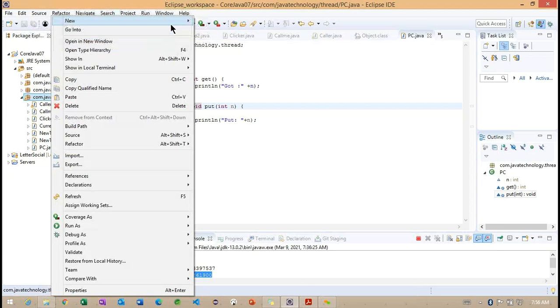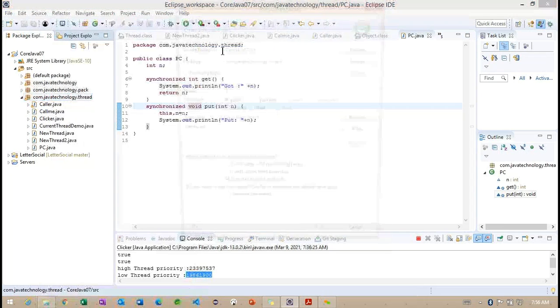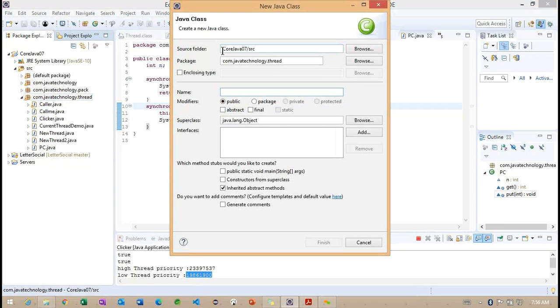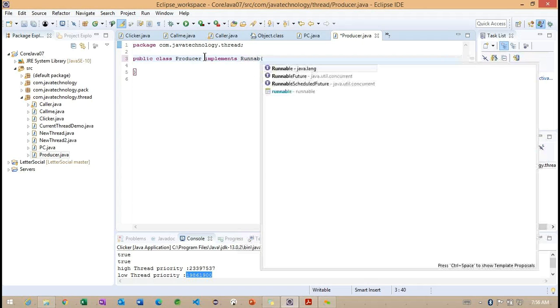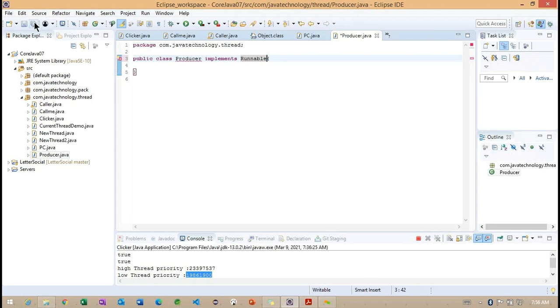After this, I'm going to create one more class, the Producer class. This producer is going to implement the Runnable interface.